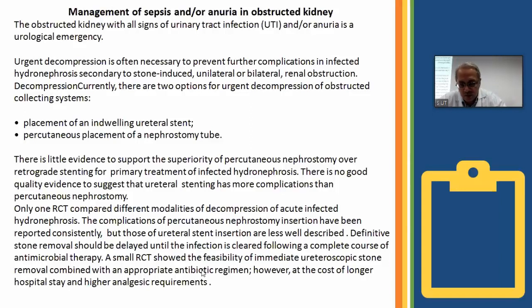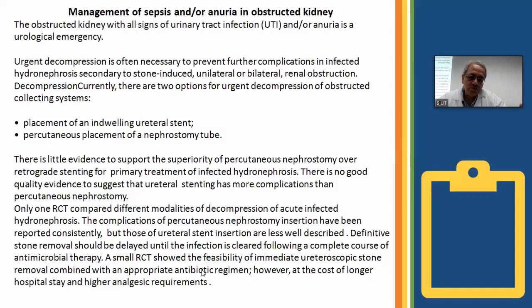What we do is we don't proceed with the procedure. If we see pus coming out of the tract, we put in a PCN and we abandon the procedure till such time that everything settles down and infection has gone away, maybe after 1 or 2 weeks or so. Under antibiotic cover, we take advantage of this nephrostomy tube and the nephrostomy tract. We remove the tube, we put in a sheath and do our procedure. So that's the way that we do it in our setting.